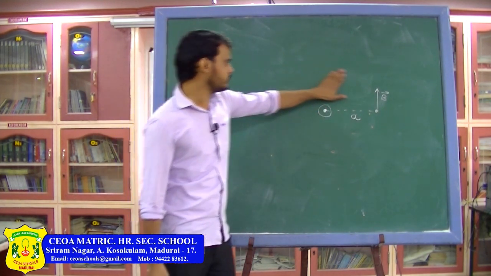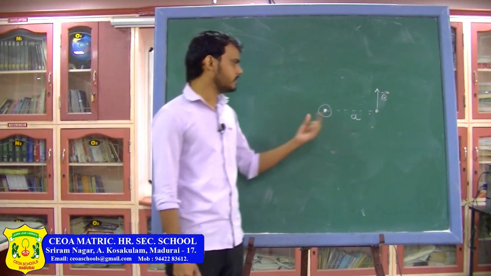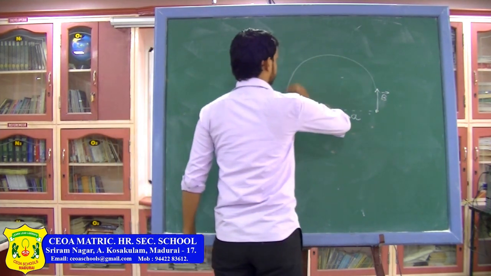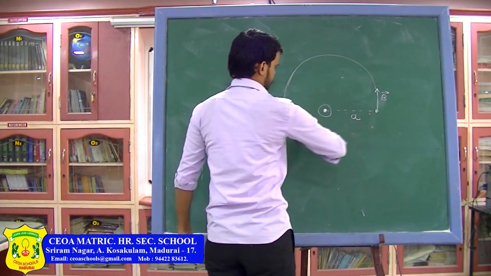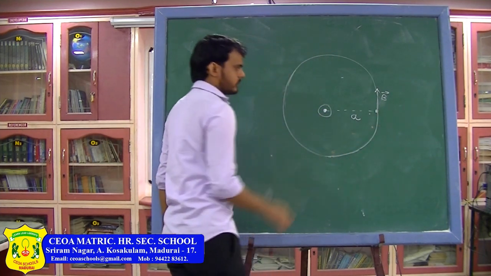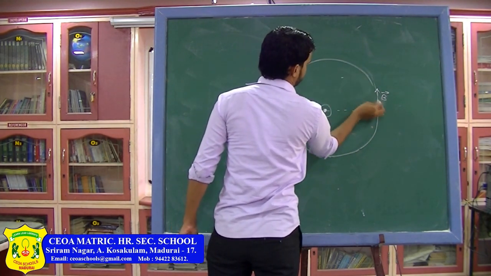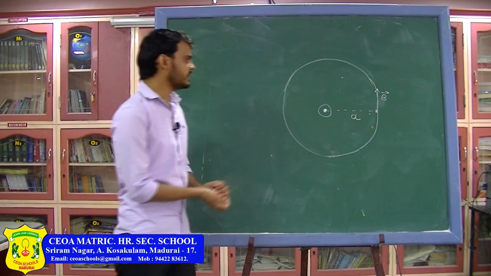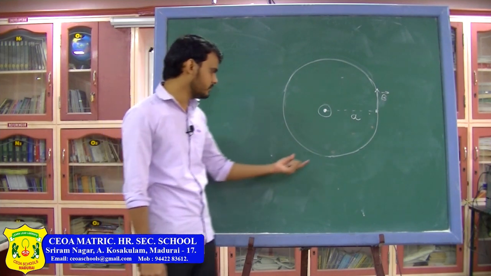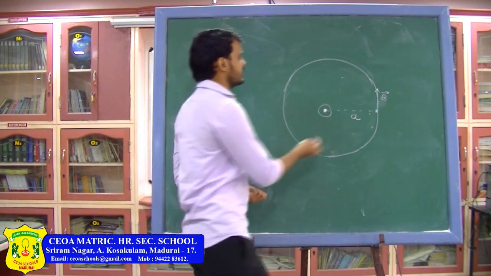Now, we have to make a closed loop. Remember, in Gauss's law we used to construct a closed surface. Here we need to create a closed loop. So, I am going to construct a circle around it. This is our current carrying wire. To find the magnetic field due to this current carrying wire using Ampere's circuital law, first we have to construct a closed loop. So, I have constructed a closed loop. We are going to call this the Ampere loop.